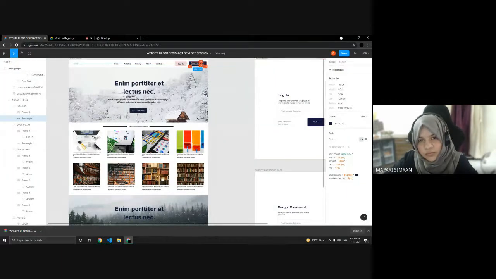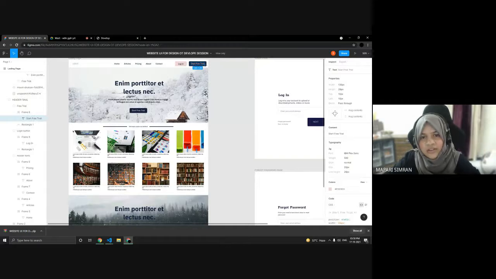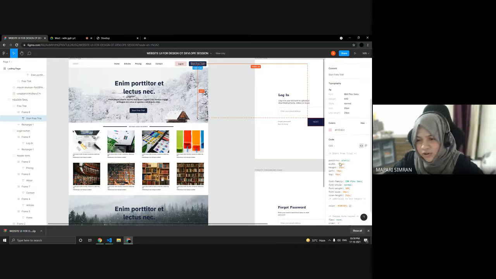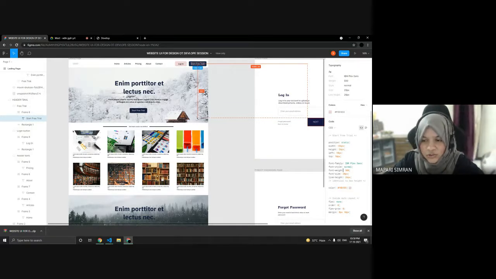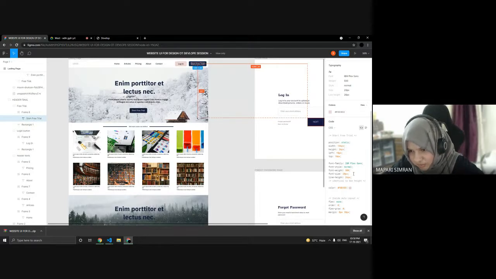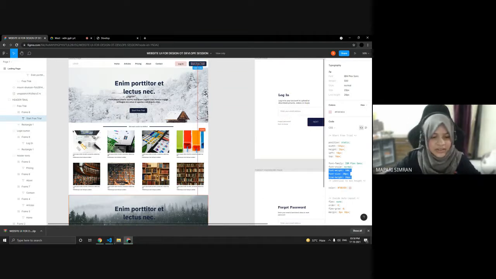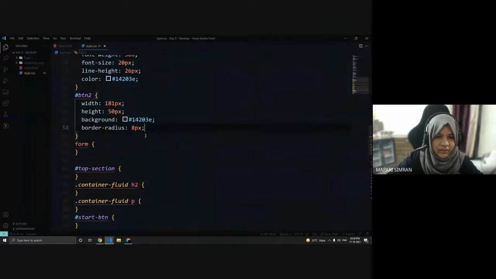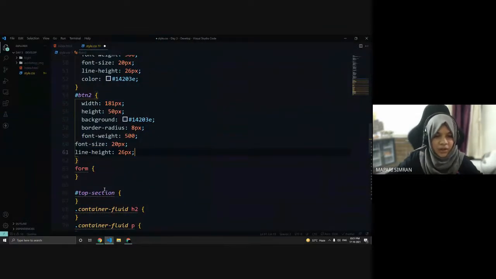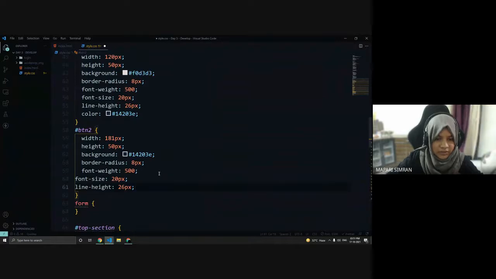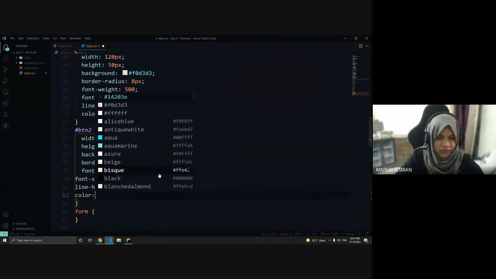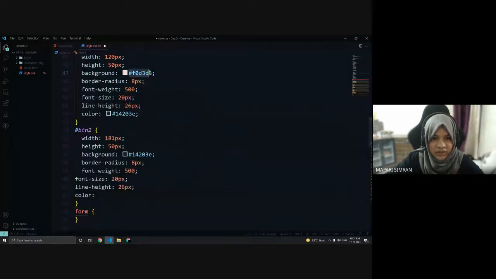And now, okay, this one, start free trial, has a different color and font size and font as well, so we'll have to take that also into consideration. Okay, so let's copy that from here. Its font weight is 500 px and the font size and all this, so let's copy that as well and we'll paste it here. And what we are left with is color. Okay, the color was different, right? It is this hashtag, this hex color format.